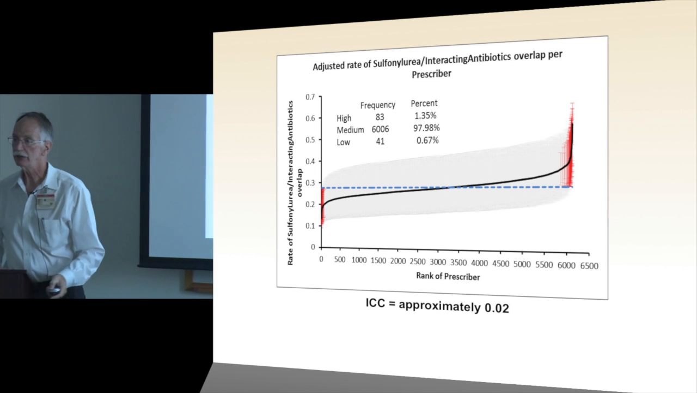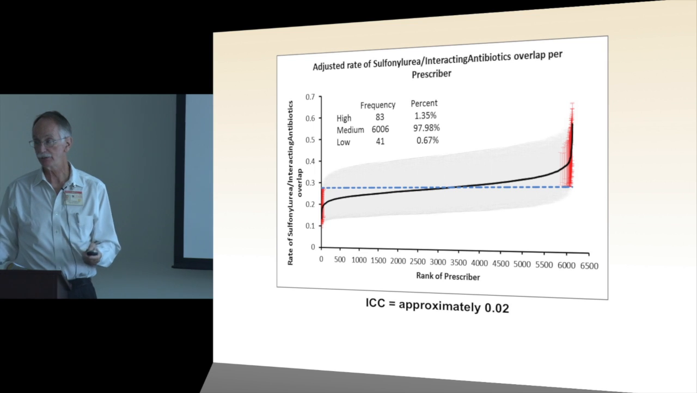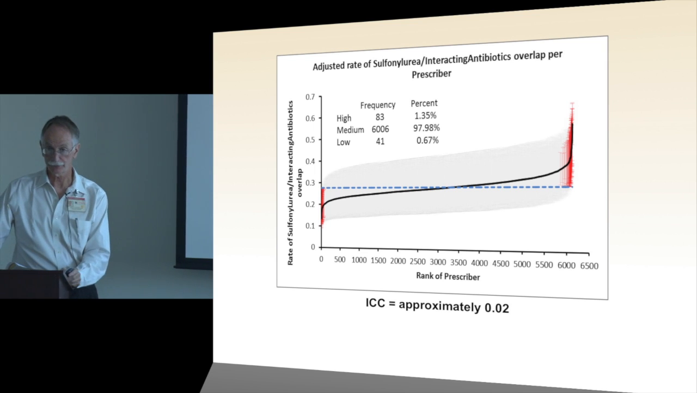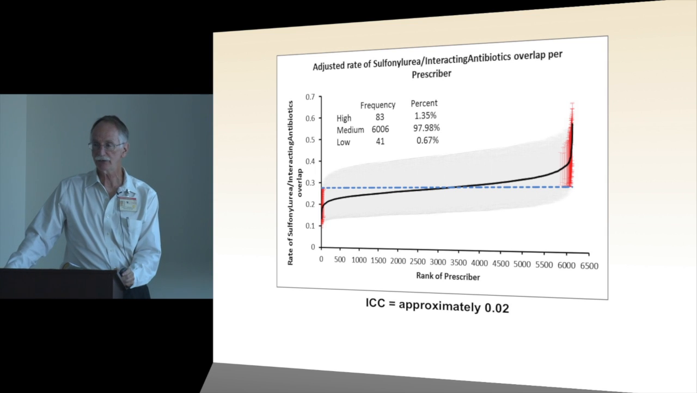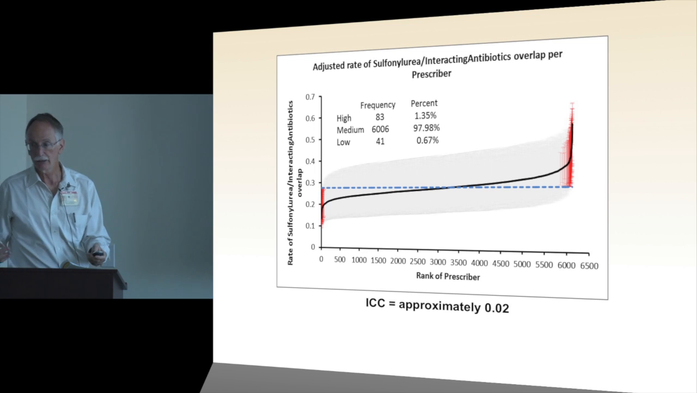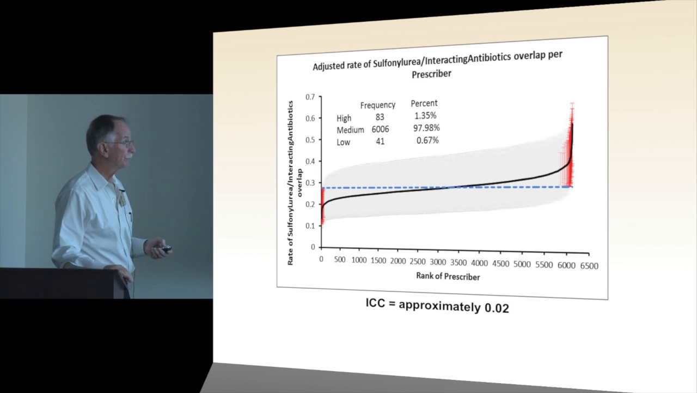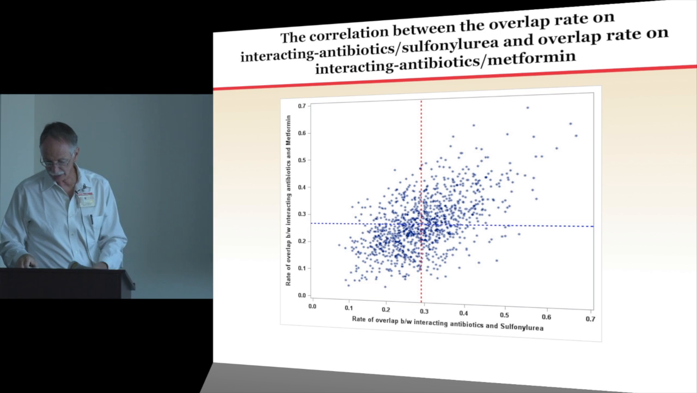2% of the variation on whether you get an interacting antibiotic is explained by what PCP you go to, as opposed to some of the more recent stuff we've done where 25% of the variation is explained by what PCP you go to. And so we haven't done everything here, but this was,